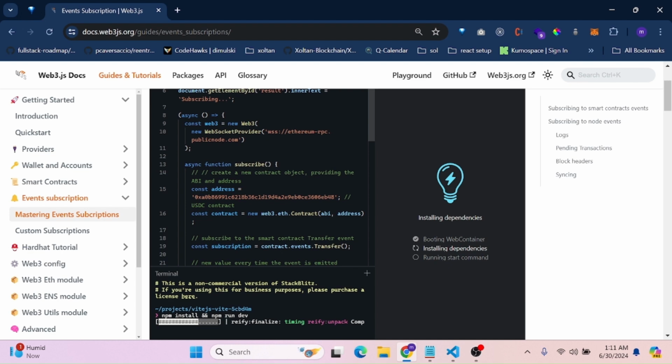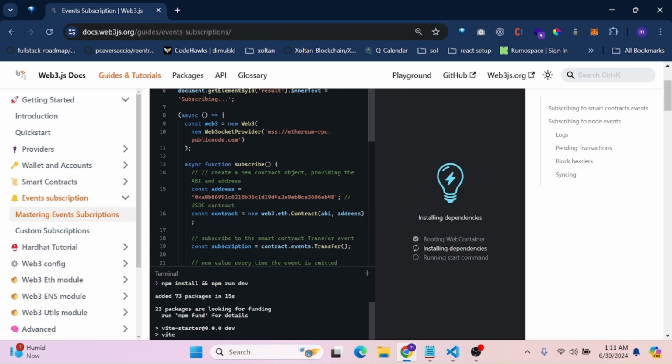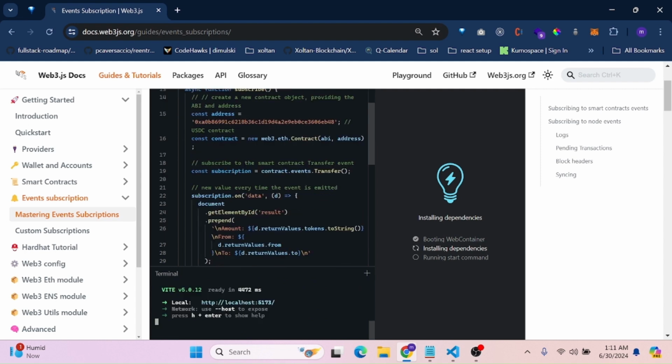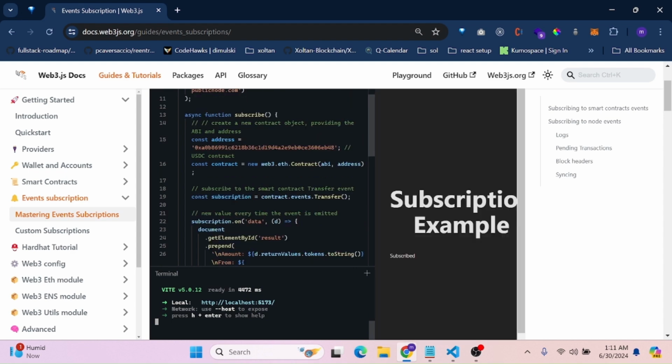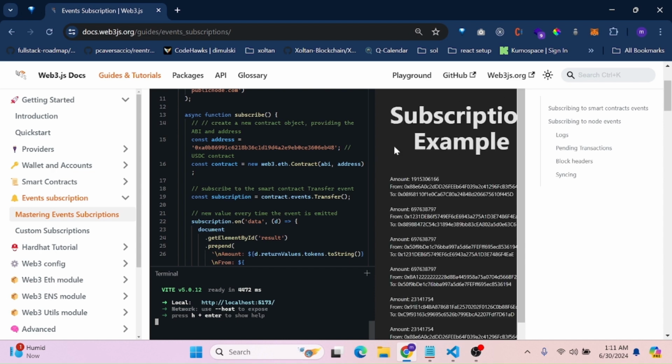Okay, so one thing is that once the function runs, at the end the event is triggered. So we can listen to that event and perform certain actions based on it. Like on a front end app, when you hit a transaction, you put the status as pending and you have to wait maybe 5 seconds, maybe 10 seconds. If the network is busy, maybe 40 seconds. So the user cannot do any other stuff because you are managing the transaction on the front end. You have to wait for the transaction to confirm,